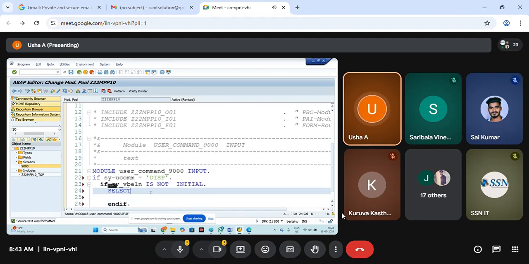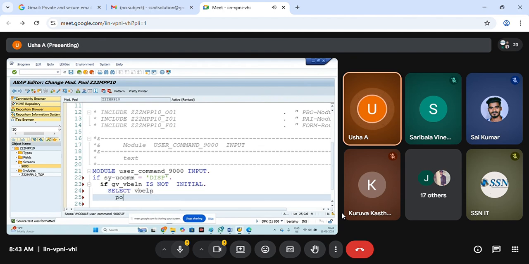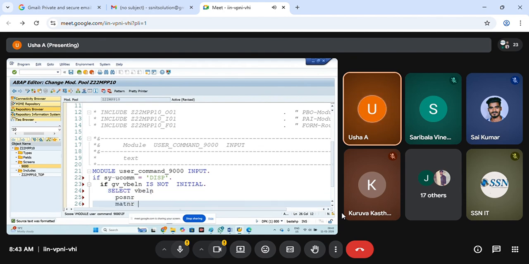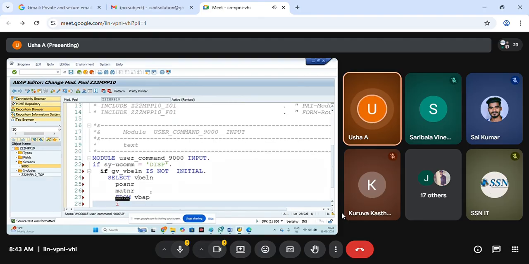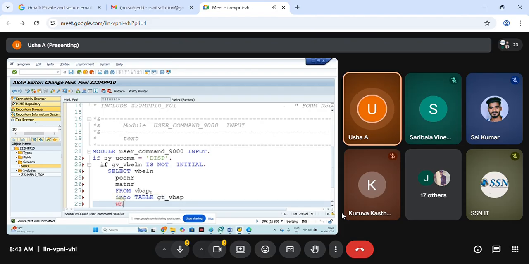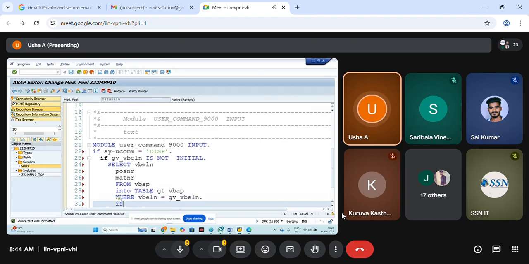Then write: select VBLN POSNR MATNR from VBAP table into table ZTVBAP where VBLN equal to GV_VBLN, if SY-SUBRC equal to 0.